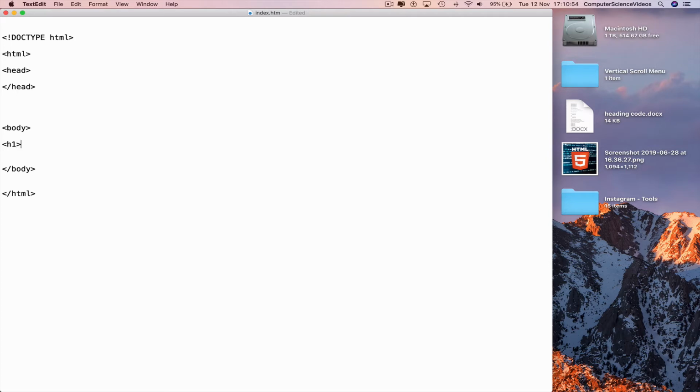Less than H1 greater than vertical scroll menu. Less than slash H1 greater than, go to a new line and insert all the navigation bar. Less than div class equals speech marks vertical menu, greater than, go to a new line, indent, less than a href equals speech marks hashtag, class equals speech marks active, greater than home,